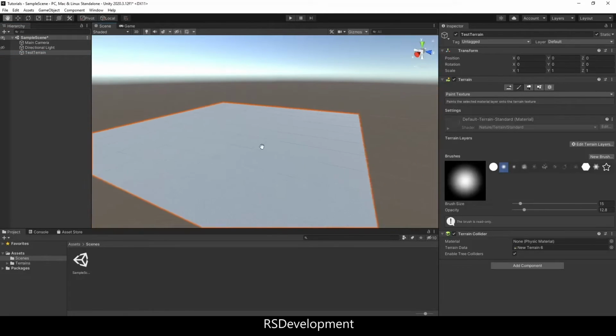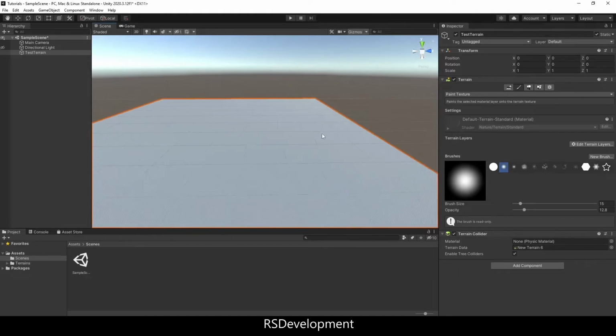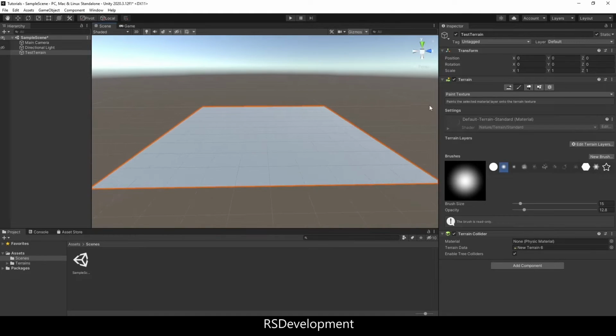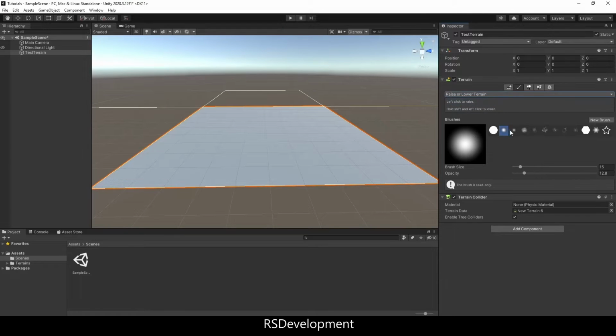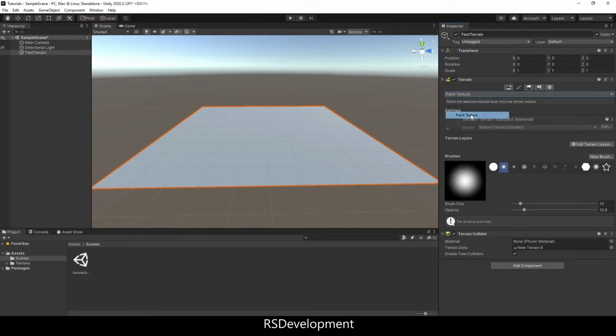case. So I'll call it test terrain, and then in the inspector you can actually create neighbor terrains, raise or lower the terrain, but again I'm just going to leave this flat for this instance. And then the next step is to create a texture so we can paint the texture on. So to create the texture, I'm actually going to open up Blender,